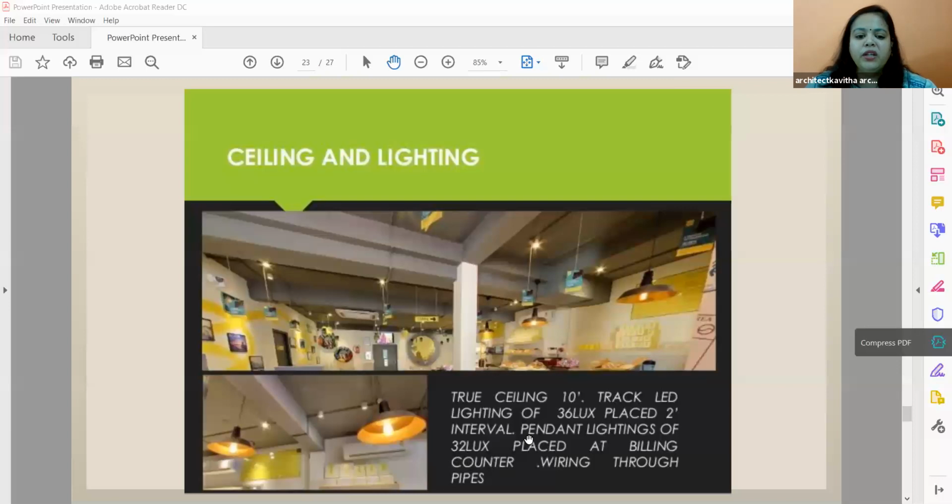So you can mention those points what you have observed when you're putting the photographs. You can mention those points over here, whatever you feel is good, or whatever you feel. You can make two columns, say its strength and its weakness. So what you have observed as weakness. So you can even mention false ceiling would have been better if it was provided here. So it will help when you're designing a project.